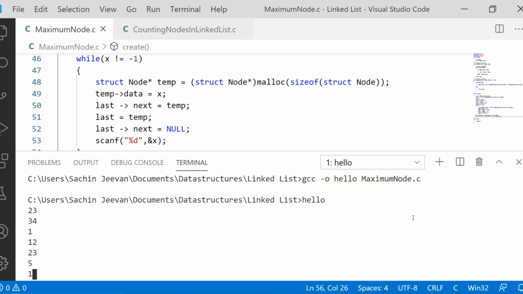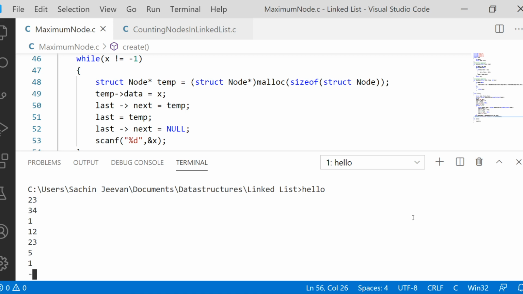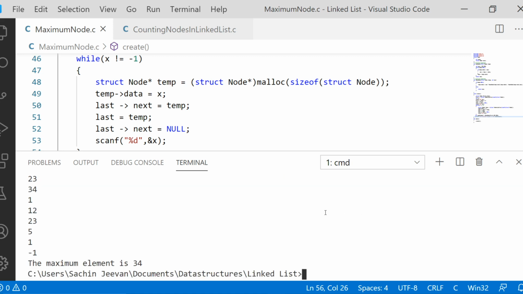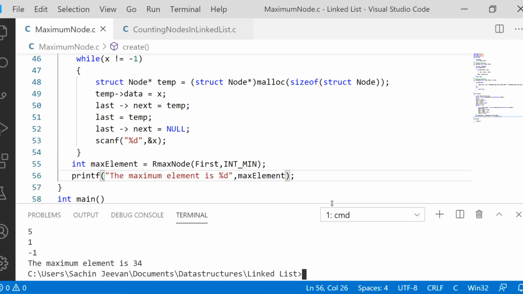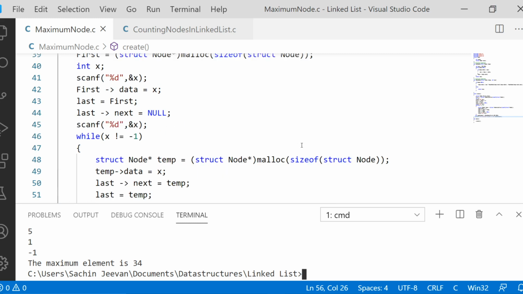The maximum element so far we got is actually 34. Minus 1 is the last element that we provided. 34 has to be the maximum element, so the maximum element is 34. Yes, the answers are perfect. So the recursive approach is also working fine and the iterative approach is also working fine.